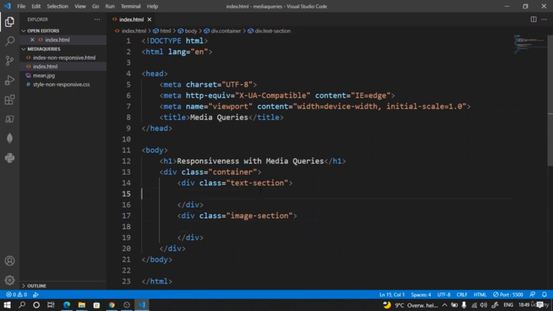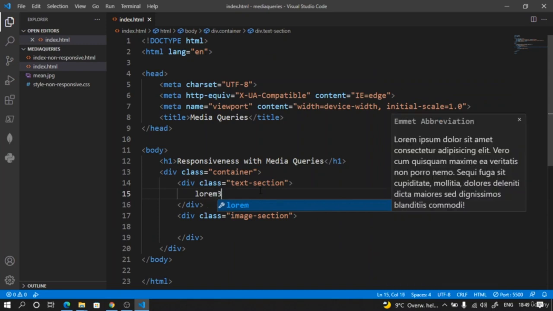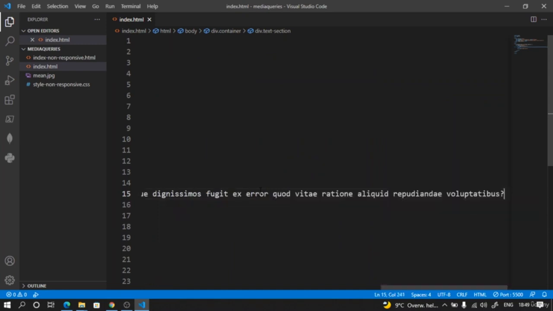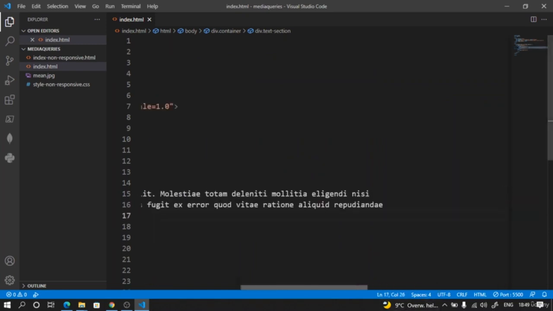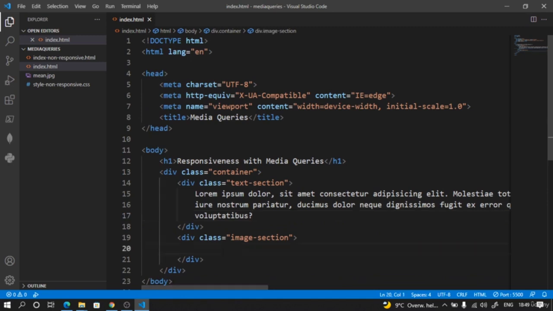Alright, and here we will add some text. Lorem 30, enter, and it's going to generate some boilerplate. And here we are going to give an anchor tag,